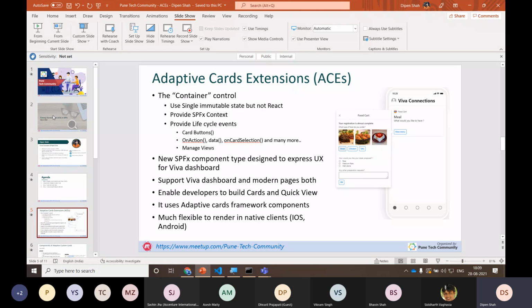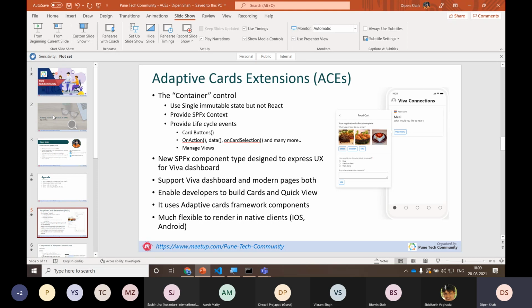So what are cards? The most important thing we usually take care of in applications is the DOM. But with adaptive card extensions, we don't need to take care of the DOM elements; we are responsible for handling the JSON and HTML to render our business logic in a particular area.